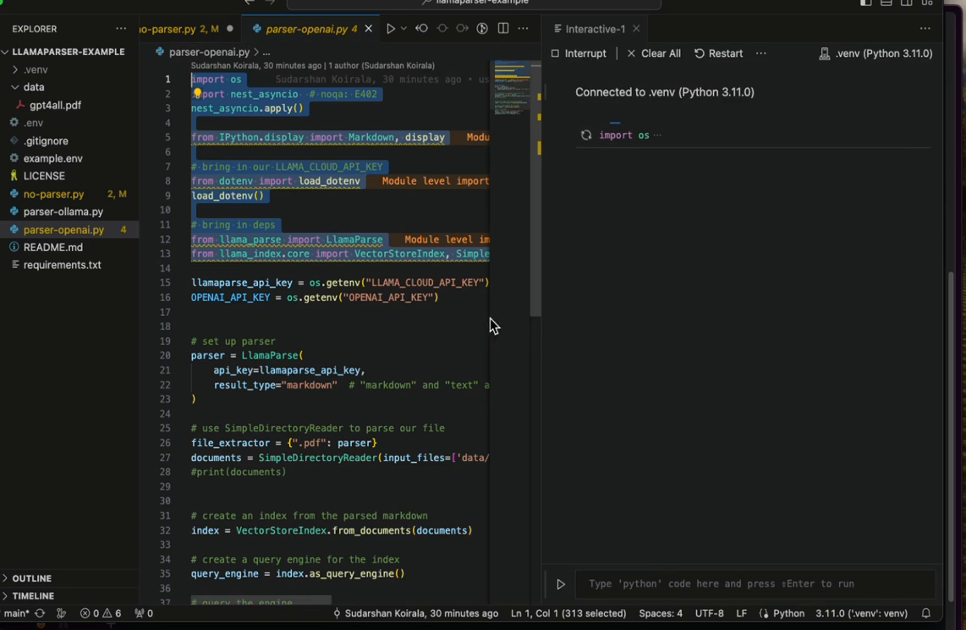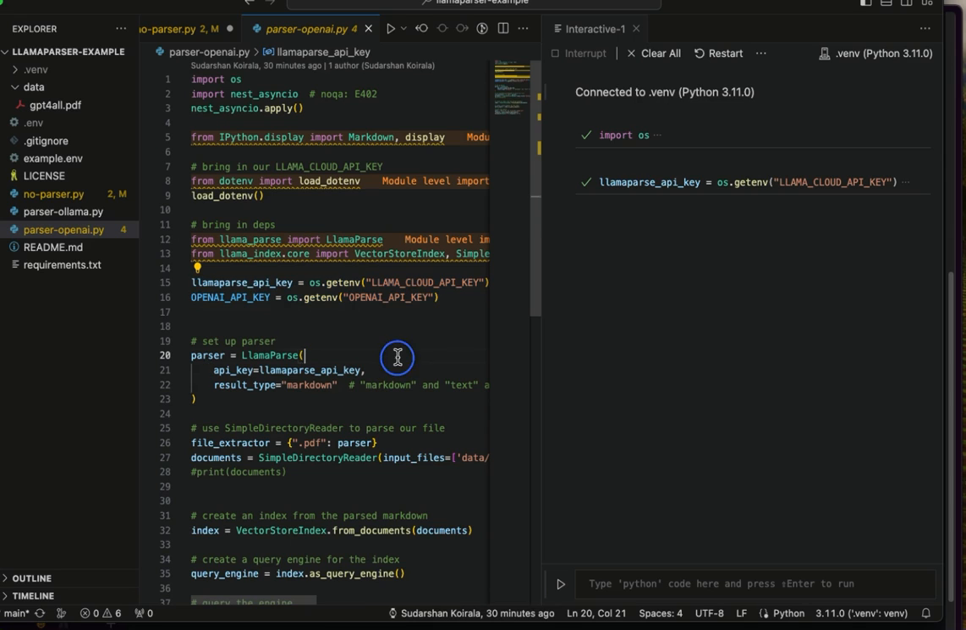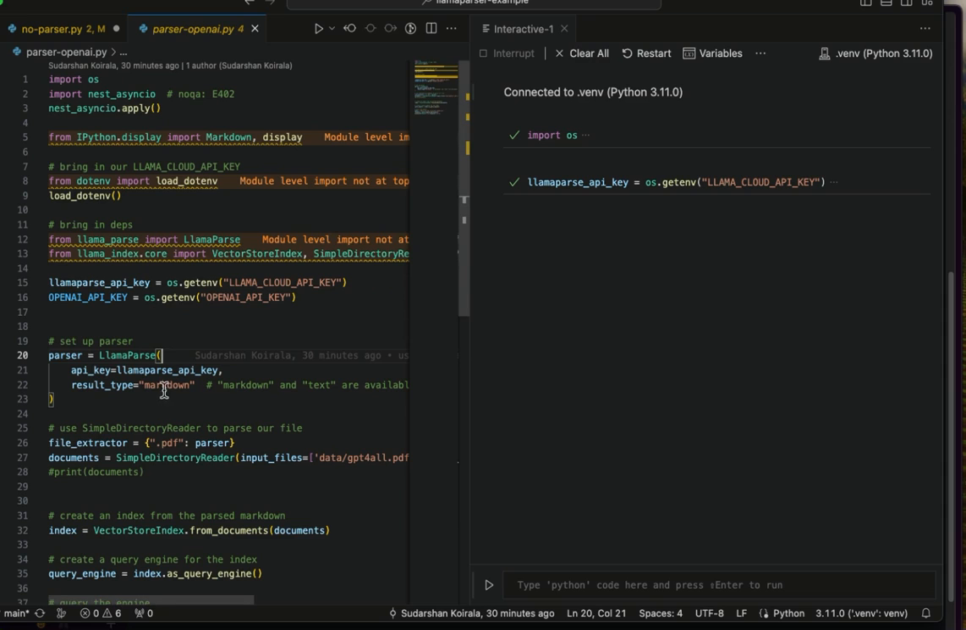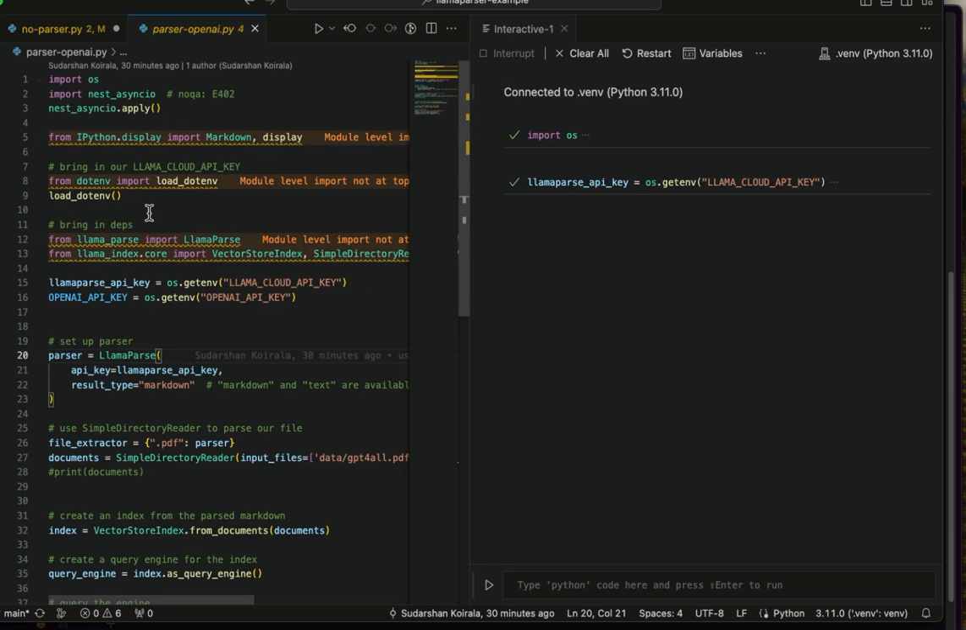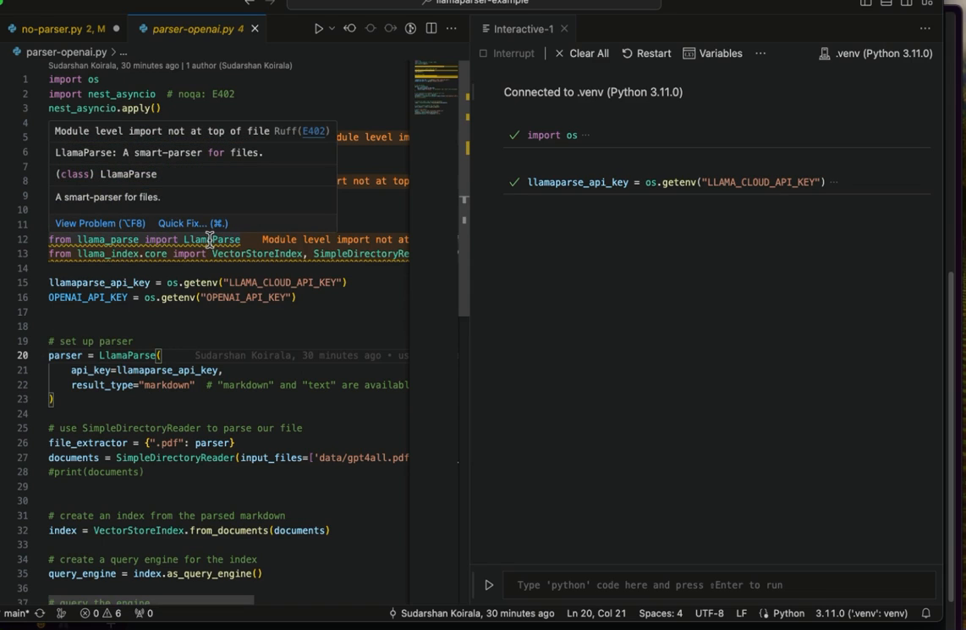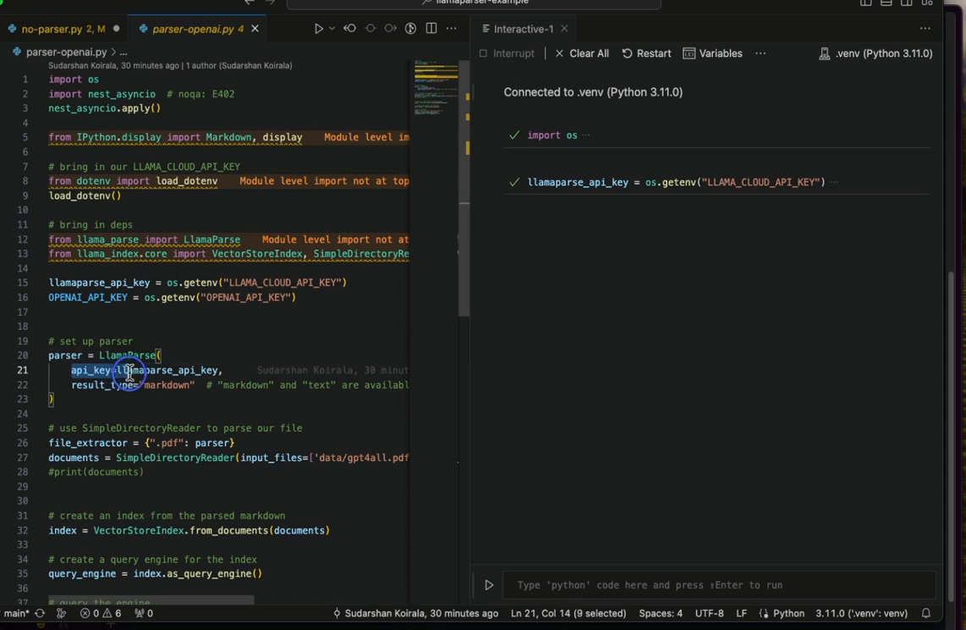I will import these things, and here I'm using the LlamaParse API key and the OpenAI API key. I will run this one, and now here is the code parser. Let me make this bigger. This is the parser, and I'm using LlamaParse. I am importing LlamaParse here from llama_parse, and I'm providing the API key which I get from the